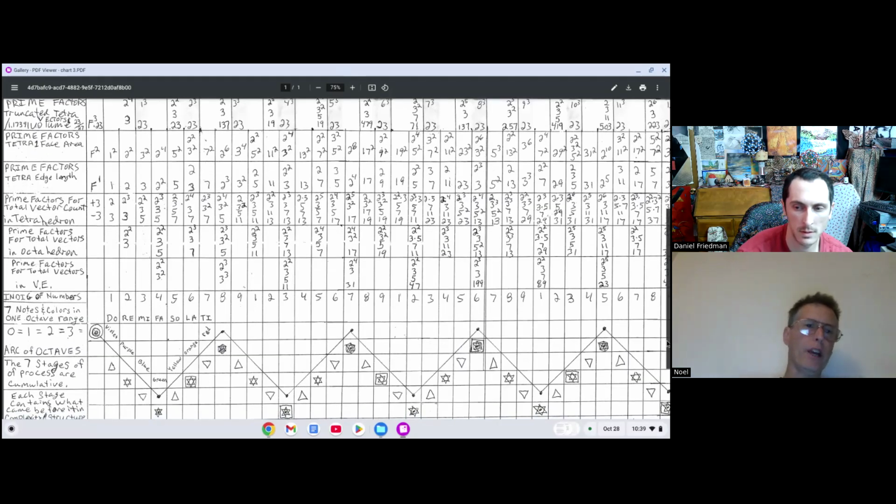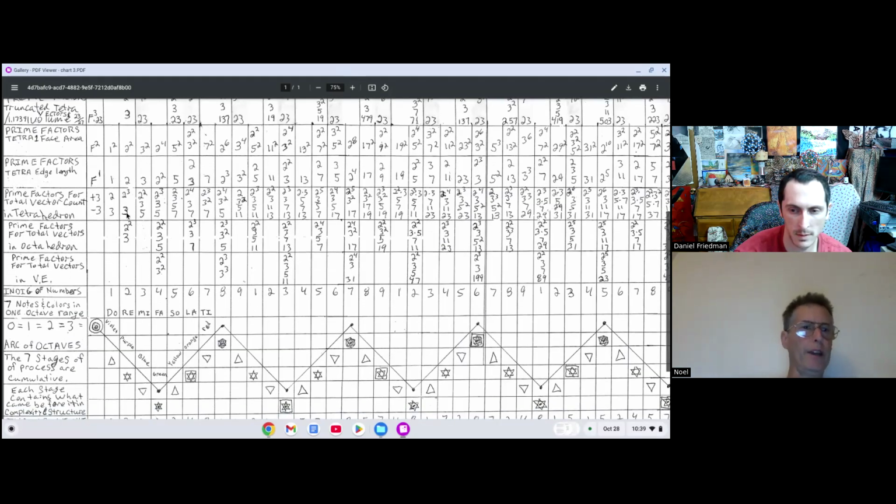Okay, so see how the prime numbers are used in a patterned way? When you break up the total number of vectors in the tetrahedron, for instance, right here, it breaks up into these prime factors. First, there's 6 vectors, then there's 24, then there's 60, and then it keeps going like that. You'll notice that the prime numbers are always used in a patterned way.